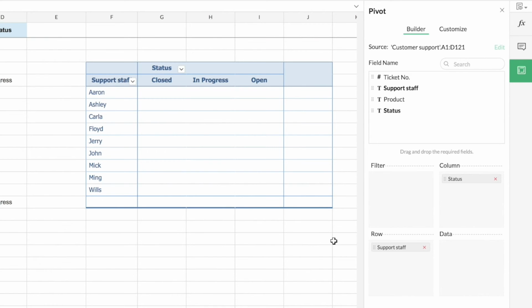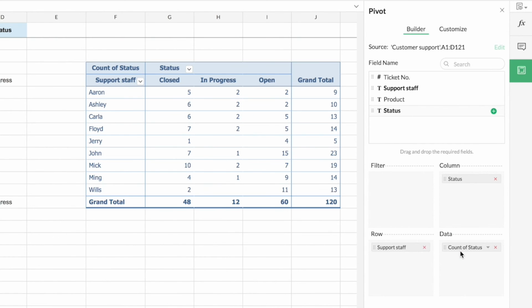So now that we have the support staff and status ready, we'll have to choose a data using which the table has to be consolidated. So here, to study the performance of the support staff, I'll have to go with the data called status. So I'll have to know how many tickets have been closed, are in progress, or are left open for each support staff. So now the data for me will be the status field. I'm just going to drag and drop it here. So in the previous data set, we saw that the default function was taken as sum. And here you can see that count of status is being taken for me for this table because that is what is needed here. I want the total count of tickets that are still open, closed, or in progress for each support staff.